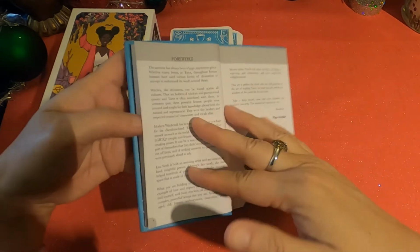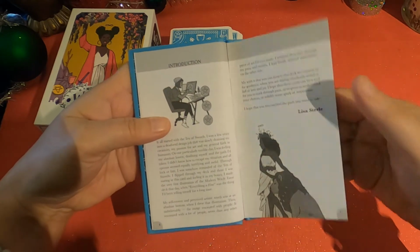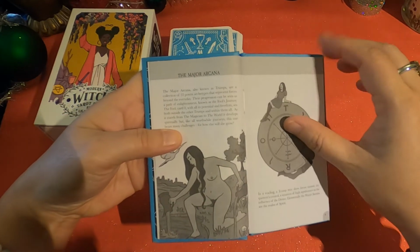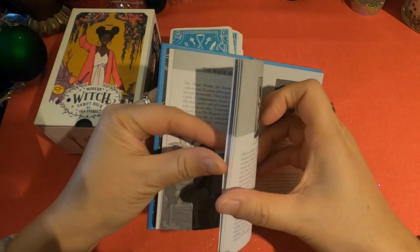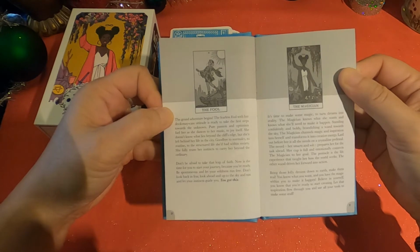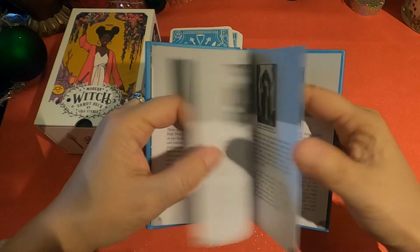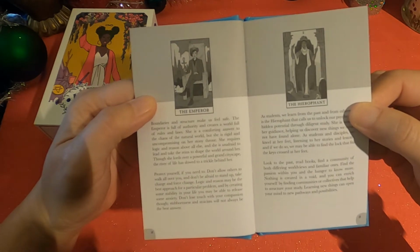Contents. Foreword. Introduction. The Major Arcana. So, just like a paragraph or two of each card. You get a black and white picture of each card. Not too much. The Emperor,